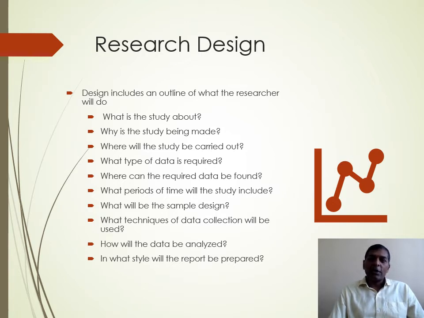In some experimentation, we need to group the things. In some experimentation, we need to get sequential data. In some experiments, we need to get overlapping data also. We need to think about the dimensions of the data. So this will define what kind of data collection you are going to use for the experimentation. Once you think it through, you can note it down. This definition, this understanding will be like a plan of what you are going to do.